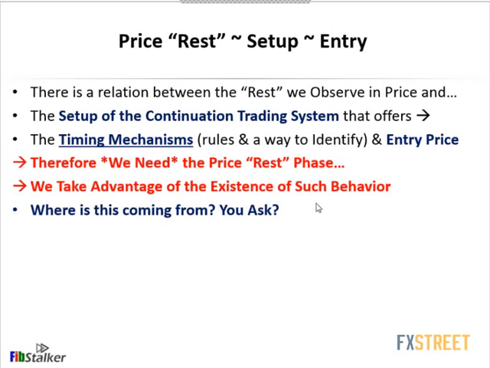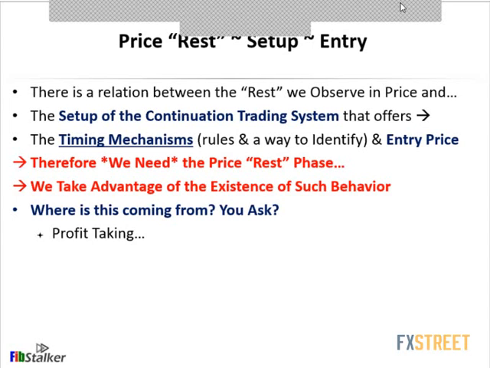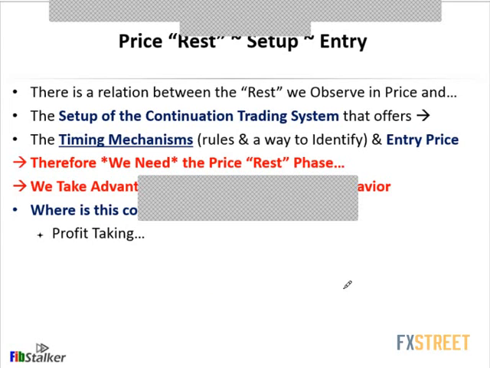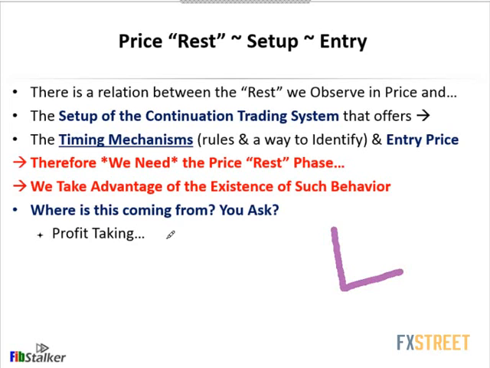And you may ask, okay, but where is the consolidation coming from? Why does price do this? You say this is a fundamental way the price moves. Where is this coming from? So this is coming from profit taking from the previous move. If you had a move lower, now there is profit taking. So this generates this consolidation. And this is one of the major reasons why we get this consolidation.